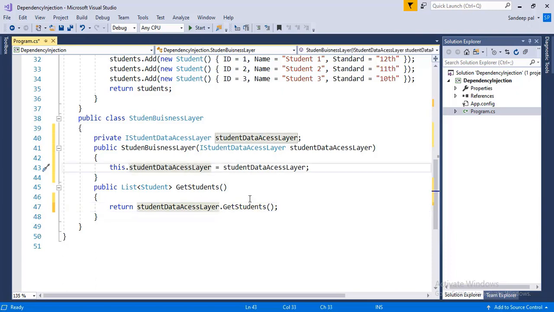So here in the student business layer class, we are not creating an object of the student data access layer class. Instead, we are passing it as a parameter to the constructor of the student business layer class.